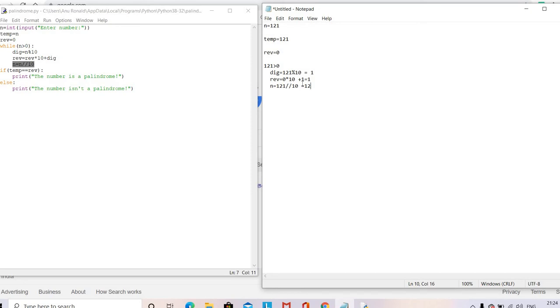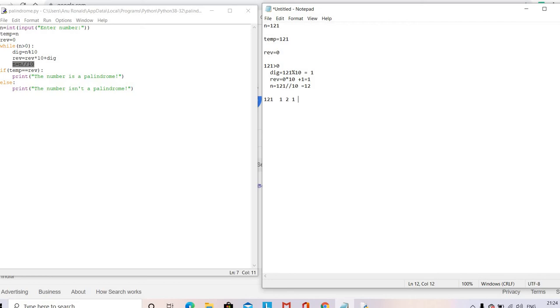Okay. So why are we doing this loop process? Why are we taking the digit, reverse and the new n? The reason is that you have a number 121, and we have to separate the digits 1, 2 and 1. Why? Because we are going to check the reverse against the original number.